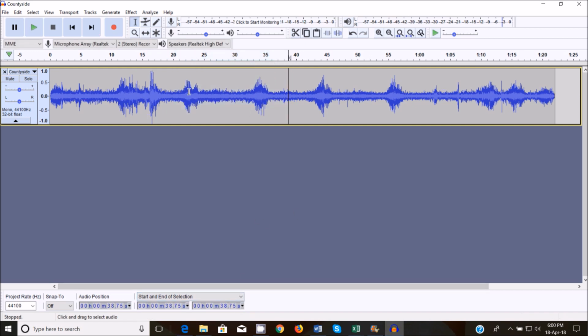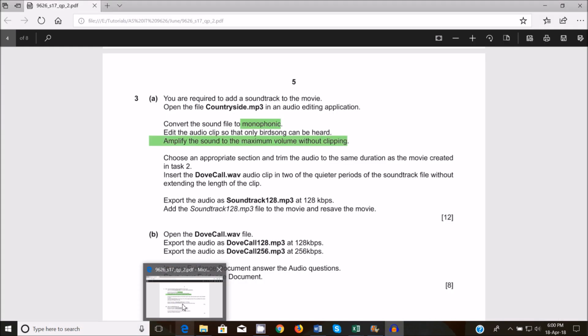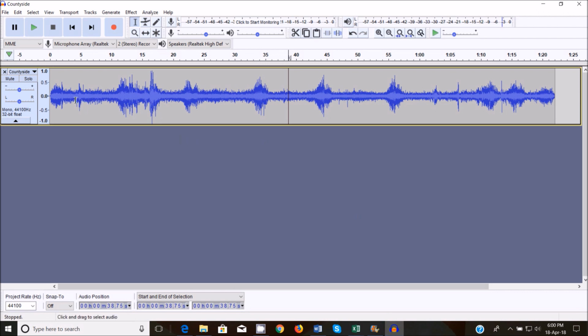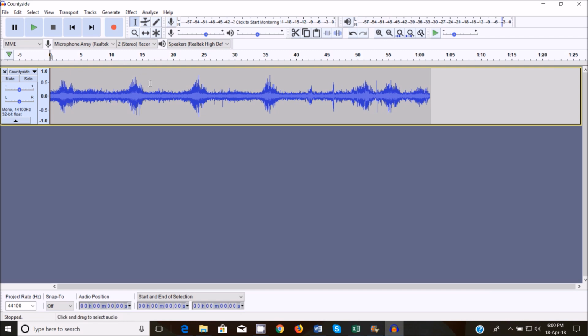Should be 38.73 now. Okay, let me just come back here. Choose an appropriate section and trim the audio to the same as this one. So what I can do is cut off certain sections. I can cut off this one, and the movie is supposed to remain 18. Okay, so I can cut off this other one as well,